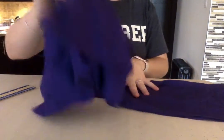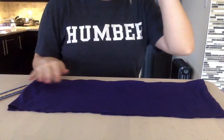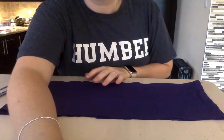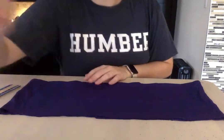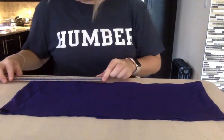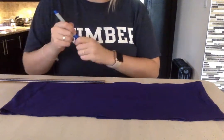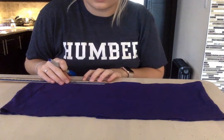Now you don't need the top of the t-shirt, so you can just put that to the side. And now with this fabric, here I was just pointing out that my cut is a little bit uneven, so depending if you're picky about that, you can make your own extra cuts if needed. But what I'm doing here is I'm just measuring 20 centimeters in,